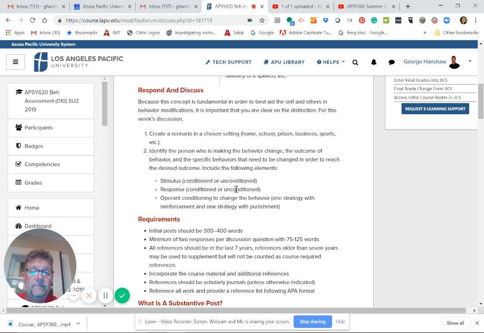Now, when it comes to behavior change and things like this, we want to use evidence. So what I mean by that is you want to use supporting evidence or in-text citations from our textbook, an article you may have read, something like that. So for full points, the initial discussion response, 300 to 400 words, in-text citation that supports your idea, because that's what we want, because anybody can say anything. I mean, you probably have seen that on the internet. Anybody can say anything, but it needs to be supported with evidence, and that's what makes it stronger.